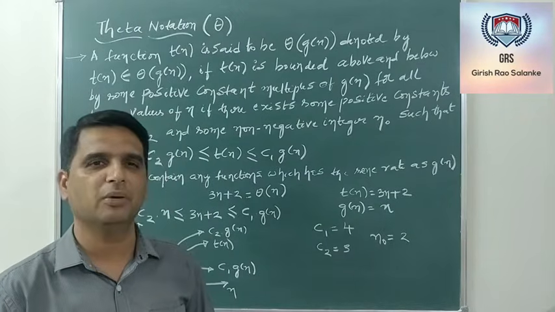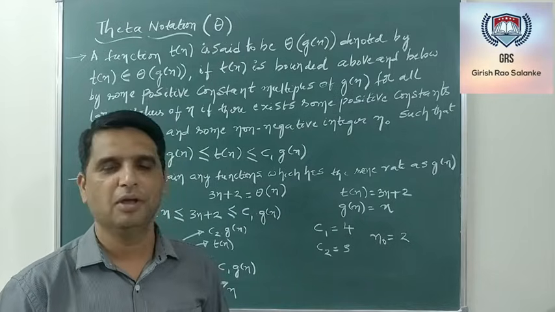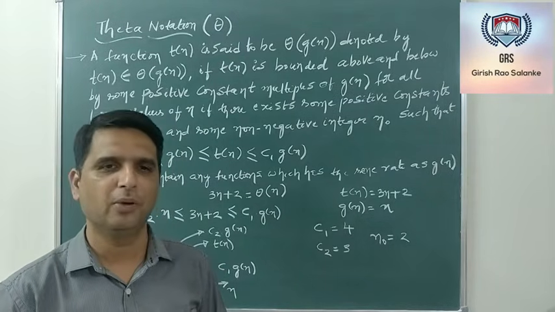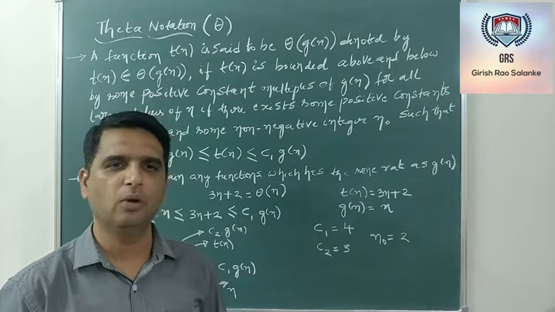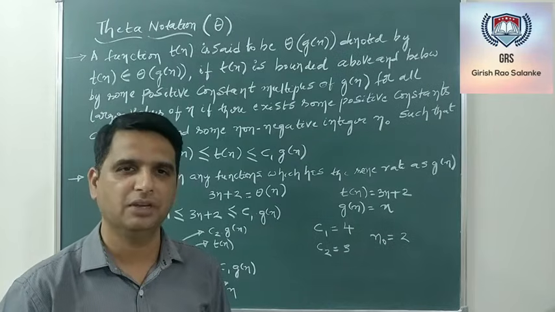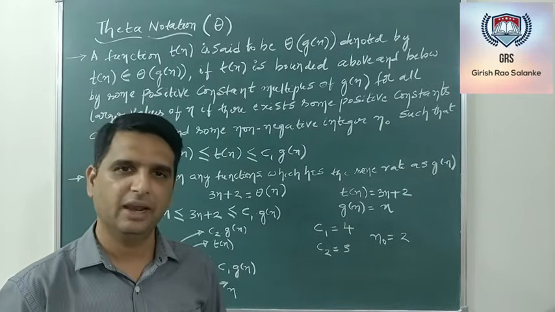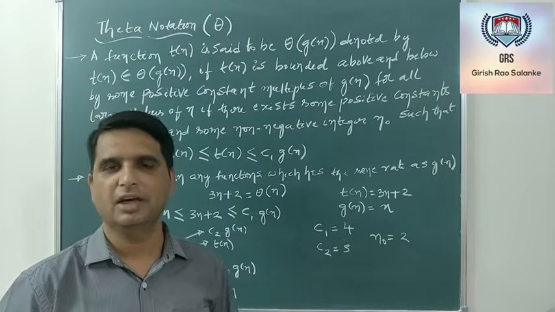The other two asymptotic notations, small o and small omega, are similar to big O and big omega notation. The only difference is that with small o, we should consider only the lesser value, not the equal value. In case of small omega notation, we should consider only the greater than part, not the equal part. So this is about asymptotic notation.